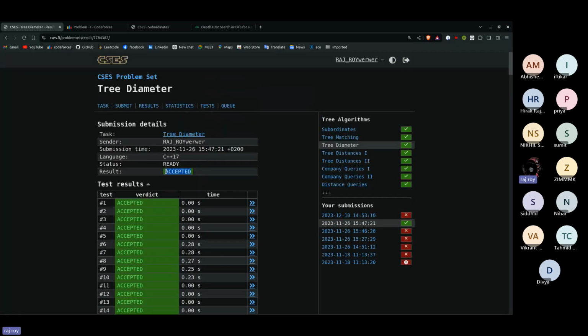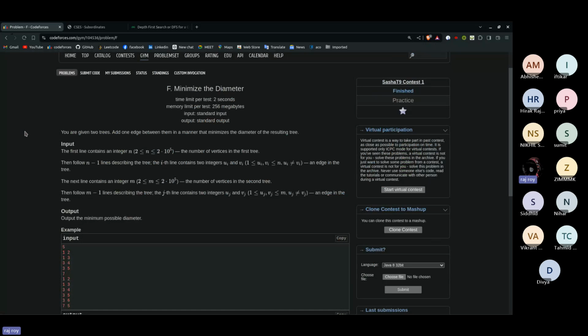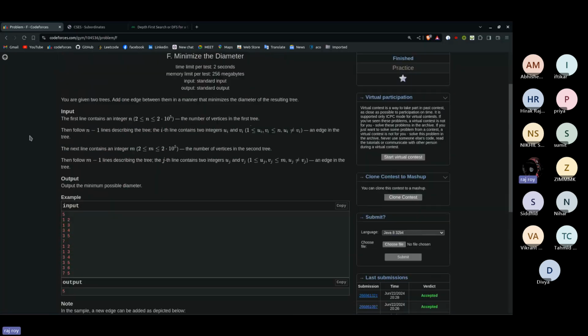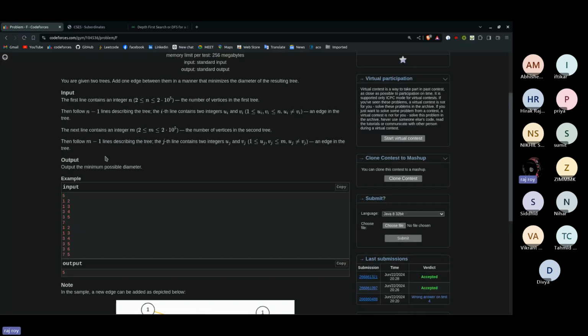If you know how to implement the diameter of a tree, I have one more question related to the diameter of a tree only. And in this question, you need to apply some logic based on what we have learned till now, the diameter of a tree. In this problem, you are given two trees, right? You will be given two trees of different node sizes. One can have 5 nodes, one can have 6 nodes, and you will be given the information about the edges as well. And this problem is asking you, if you want to read this out, you can read it out for now,